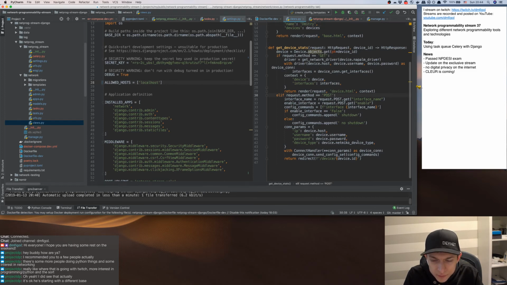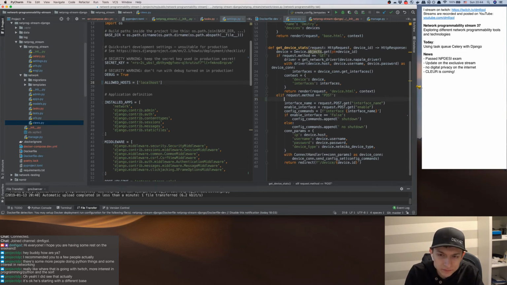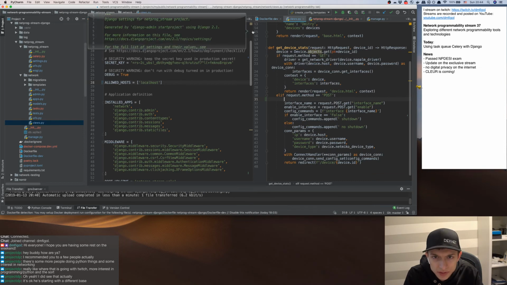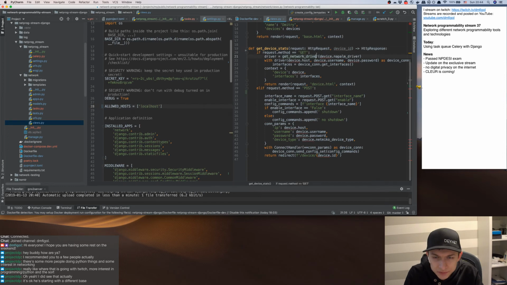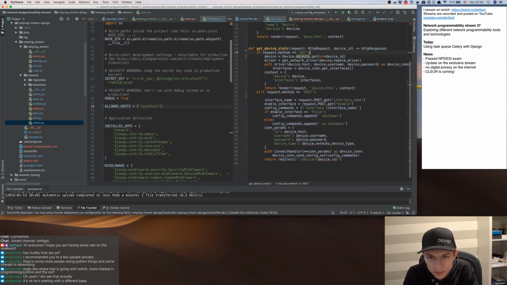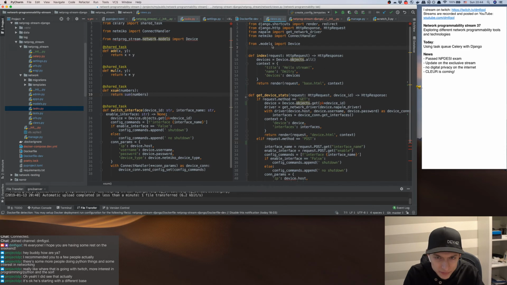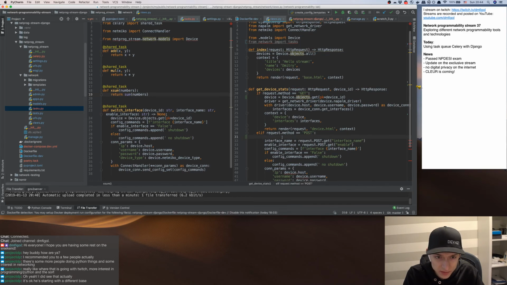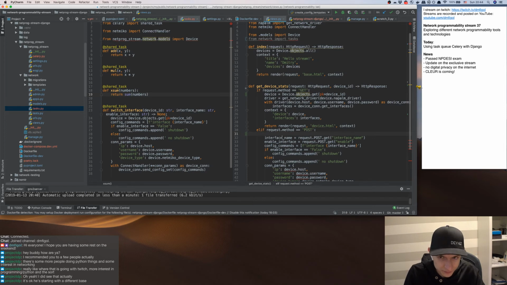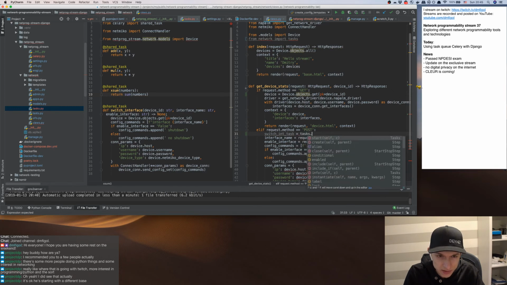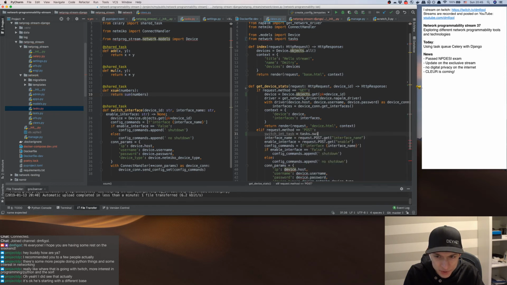So here we will say, well, first of all, I will move this somewhere. Okay, elif request.method is POST. Where is our task? Okay, our task is here, switch_interface. Okay, so I have to import it first. So from network import tasks. Okay, and then I'm saying that the switch interface task is going to be tasks.switch_interface